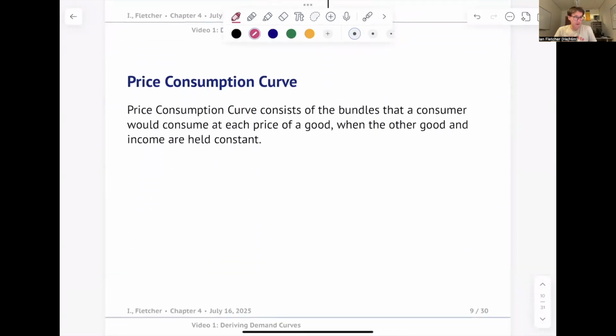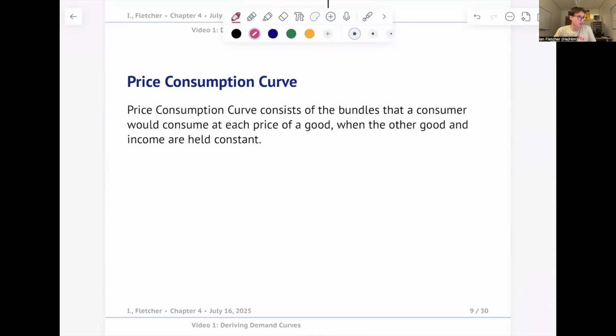So now we're going to start pivoting into this thing called the price consumption curve. And the price consumption curve is this fancy way of saying it's going to be our bundles that a consumer would consume at each price of the good when the other good is held constant. And so if we wanted to think about this a little bit more pointed,